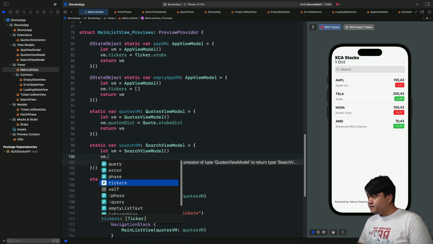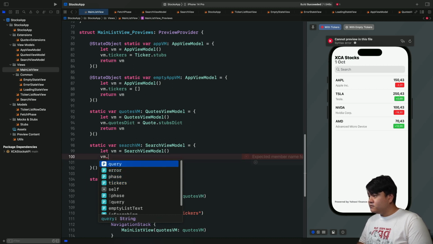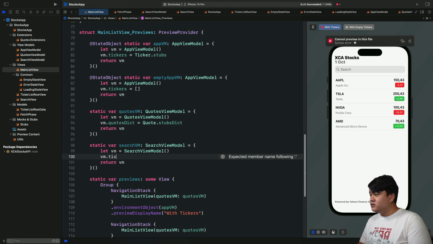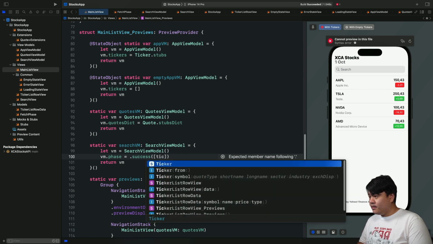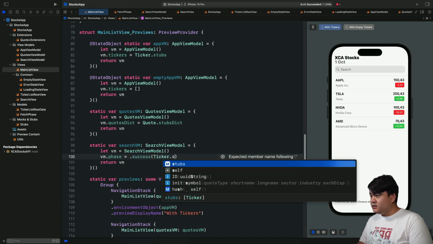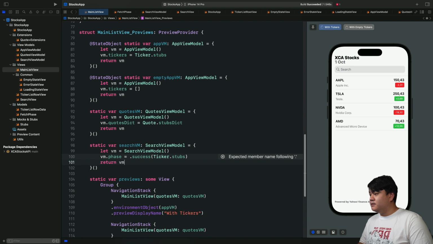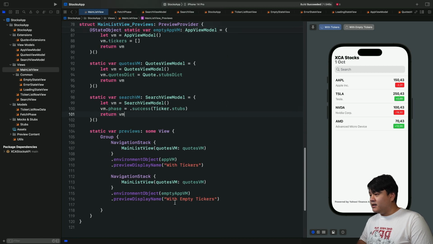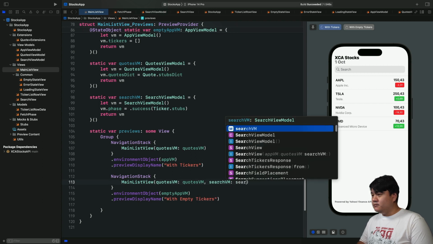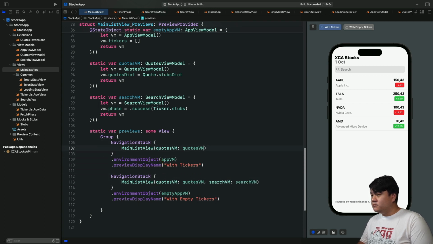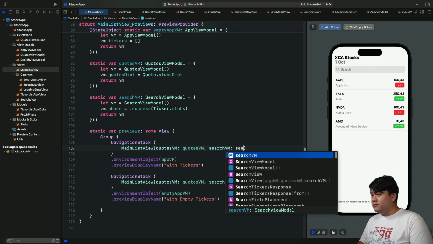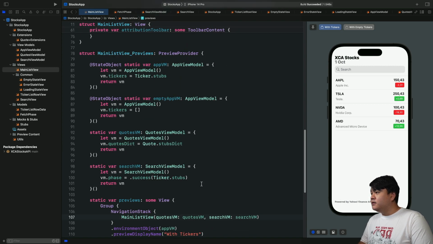VM.tickers, phase success with ticker.stubs. Okay, and let's pass this in here. Search VM. Okay, and one thing